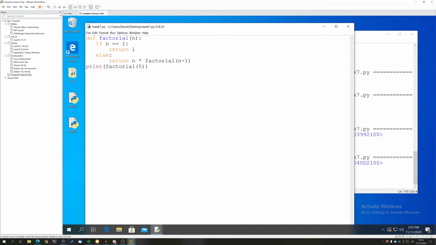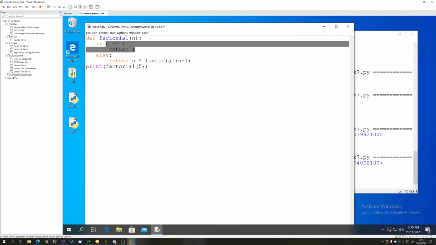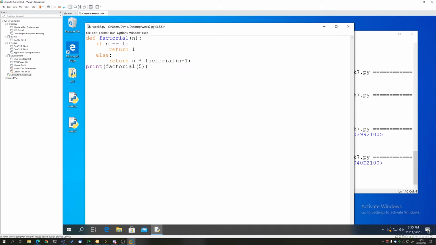And once we reach n equals 1, 1 factorial is just equal to 1, so we can just return that. We continue to call the function itself until some condition is met to return a result. This condition right here is what we call a base case. The recursive call just keeps going over and over until it reaches the base case.